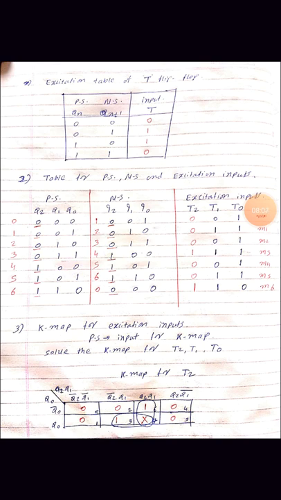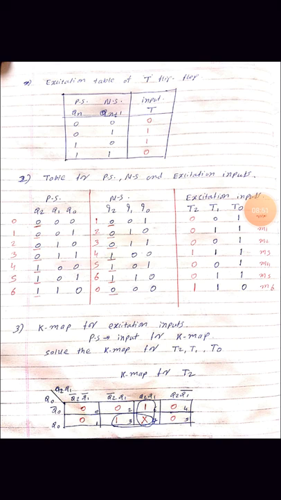These are the outputs of the present state, and the next state outputs are small q2, small q1 and small q0. Here we have to find the excitation inputs for the T. We require 3 T flip-flops, so we take inputs T2, T1 and T0, as shown in the table. With the help of the above excitation table of the T flip-flop, we have to write down the excitation inputs for T2, T1 and T0. Now concentrate on T2.